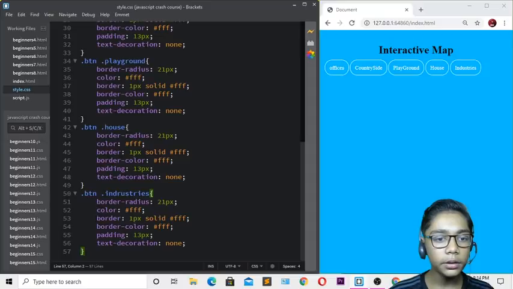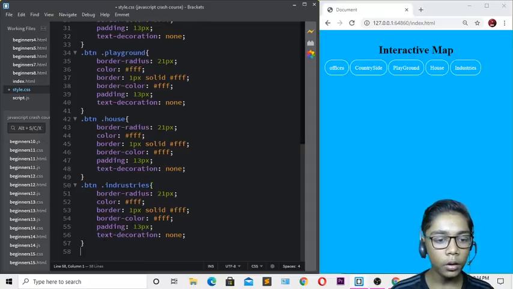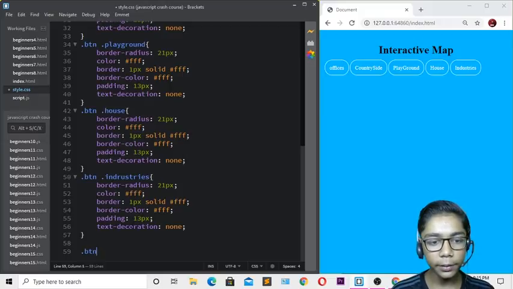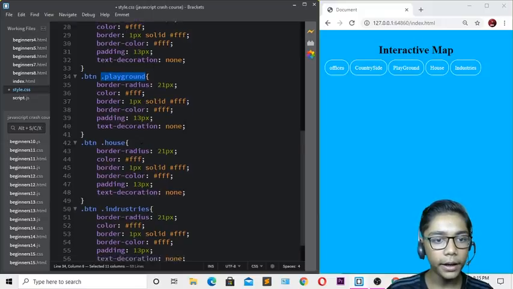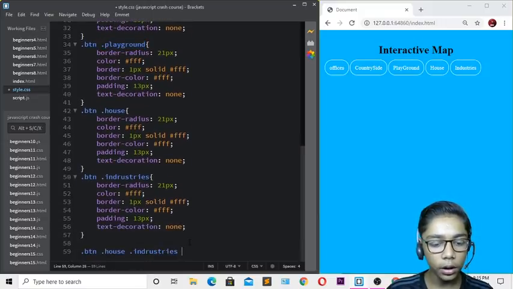So I will do one thing: I will copy this btn tag over here, and over here I'll paste that, and write a dot in front of it. Then I'll paste all the classes which I have just copied over here, erase this dot, then copy this and paste that over here also. So I'll be pasting all the classes which I have just copied, and over here I will copy that and paste that also in the front of that.